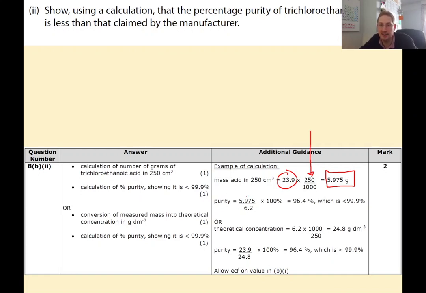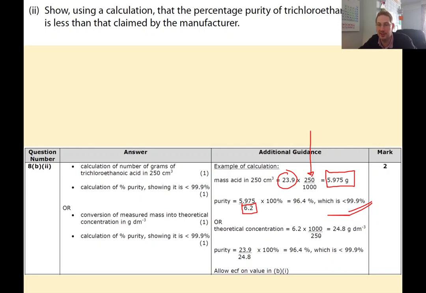The purity is the amount we've calculated over the total amount that should have gone in, which we're told earlier in the question, times by 100%, which is 96.4%. So we can work out that that is a lot less than 99.9%. The other thing you could have done was you could have said, oh, well, we know we got 6.2